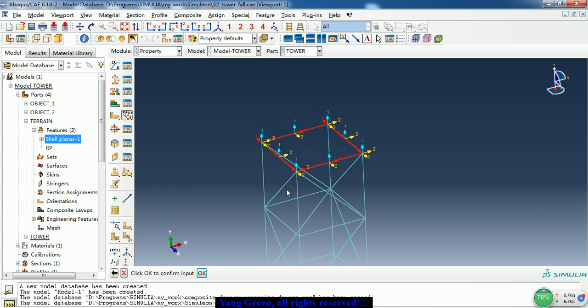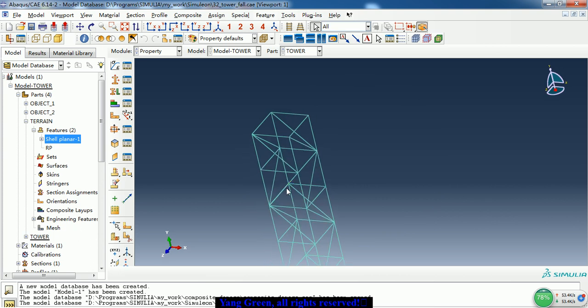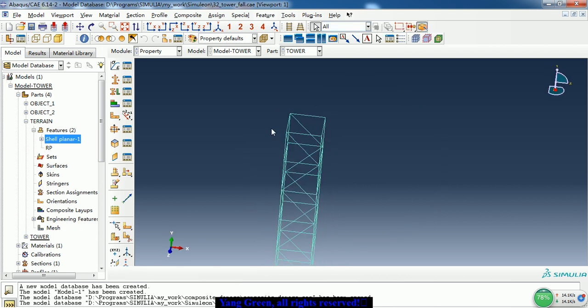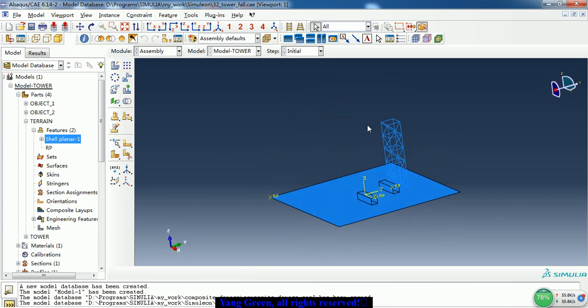And this, we need to assign the x direction. After we assign all the beam elements the directions, we can go to the assembly module,